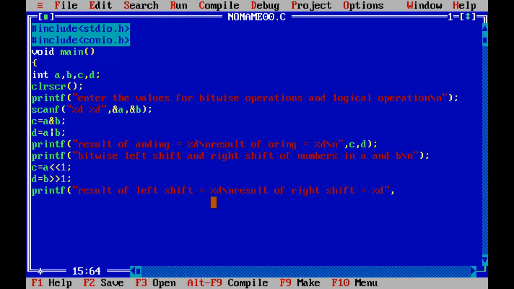So at the first place, here we want the left shift result, which is placed in C, which is for the value of A. Again, let me quickly tell you, whatever number that you have placed in A, that's a decimal number.